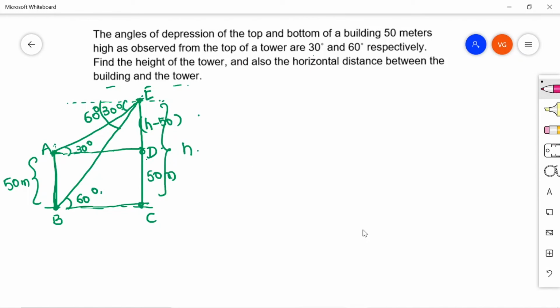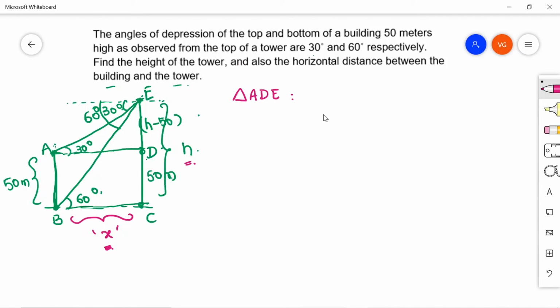Now coming to the solution, they are asking you to find out the horizontal distance between the tower and the building. So we don't know this. Let us call this x to find out, and also the height of the tower, h, you need to find out. x you need to find out. So consider these two triangles here. So let us consider the triangle